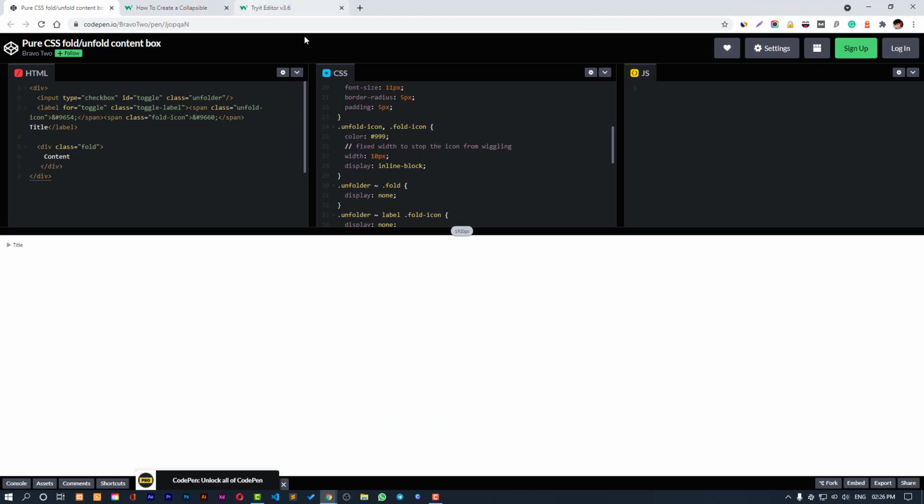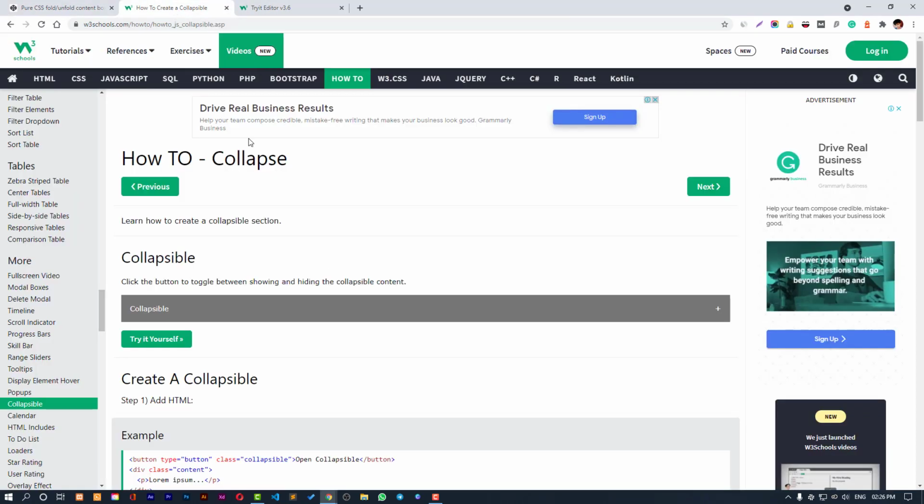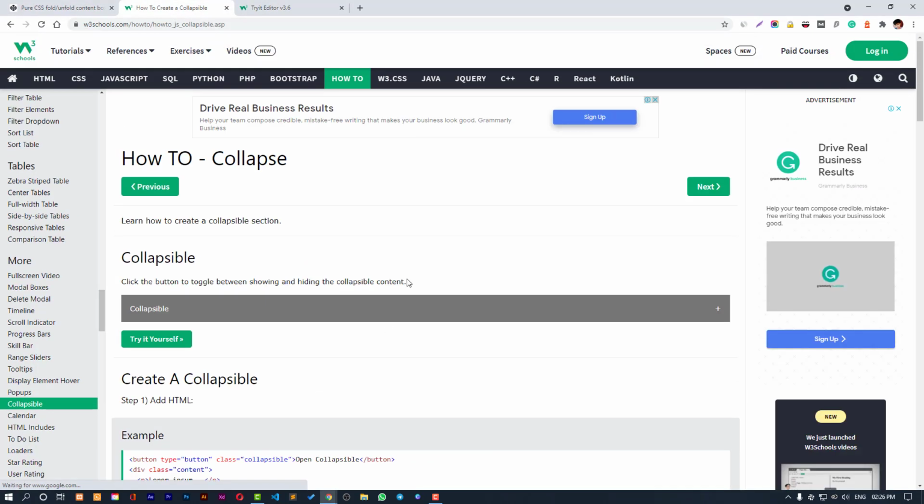And if you don't want to use JavaScript, then this is another CSS fold and fold content feature. And you can see there is no JavaScript involved here, and you can use CSS and some HTML that contains the CSS IDs, yeah, to retrieve this kind of animation. So you can use this as well, or you can go with JavaScript, or you can go with the plugins or widgets that are provided by the plugins.